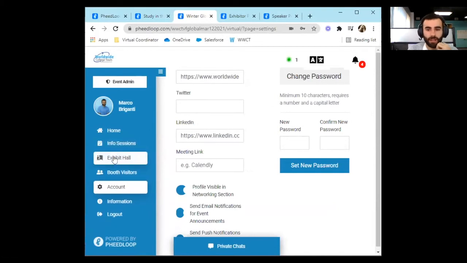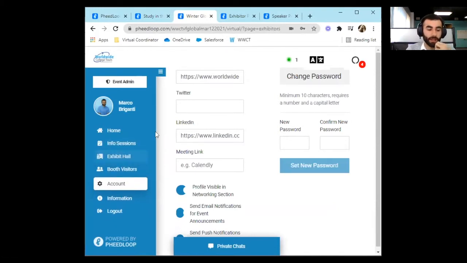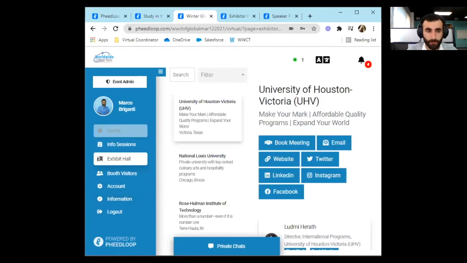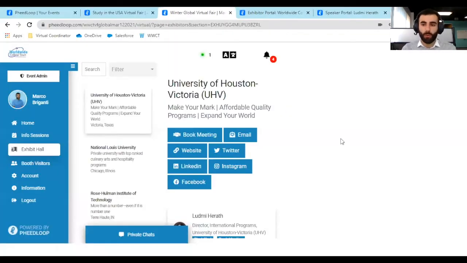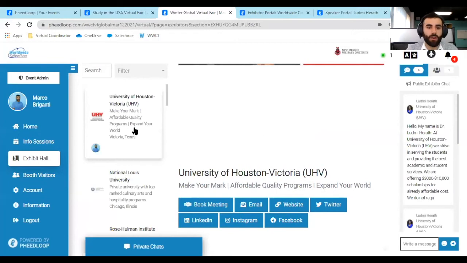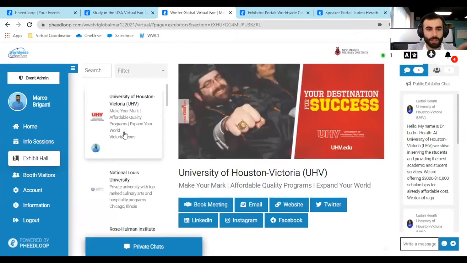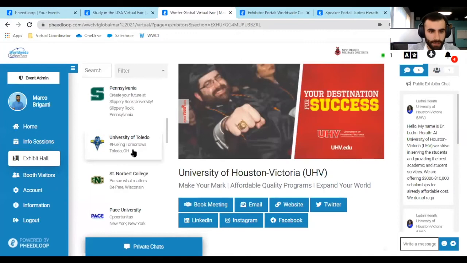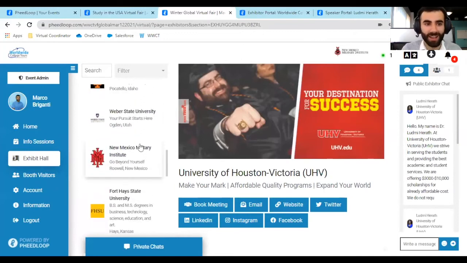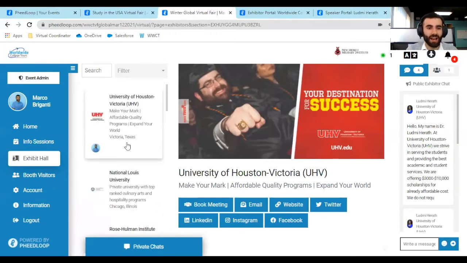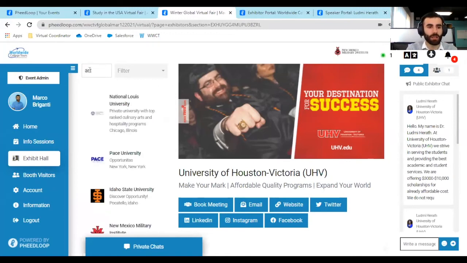Okay, and then the next thing we're going to talk about is the exhibit hall. So with the exhibit hall, we have all of the schools in this list here. It's very much like social media. I must say that it's very similar to social media, the layout and how everything works. Here is the search that I was mentioning earlier. So if I type in the arts,